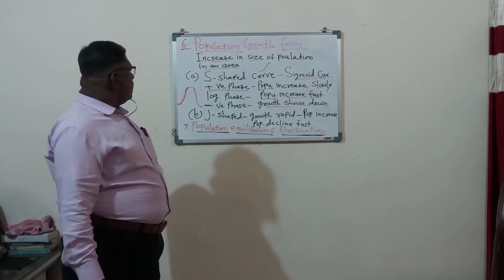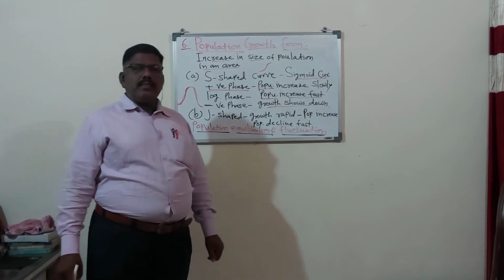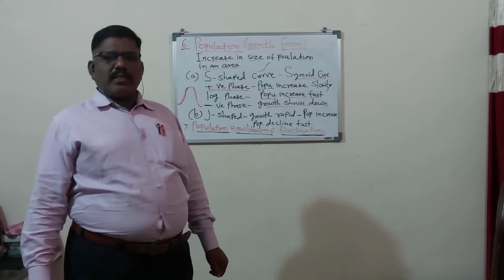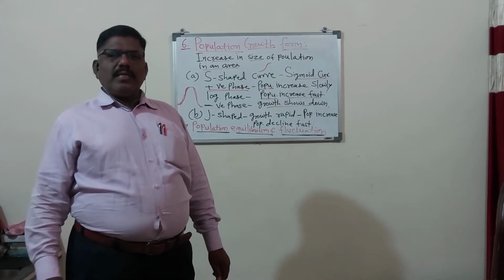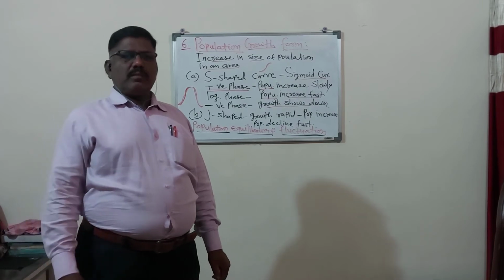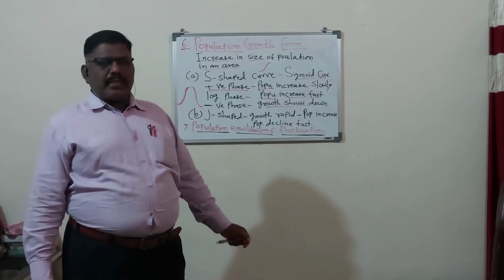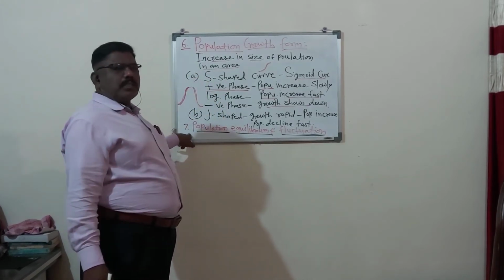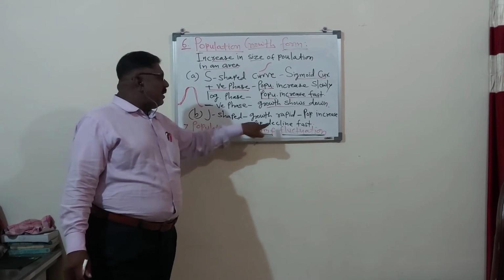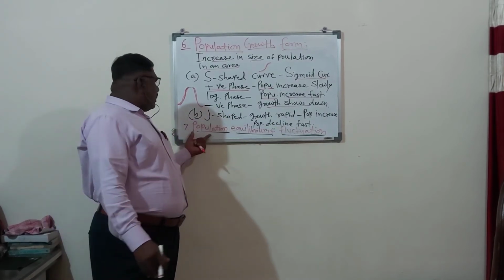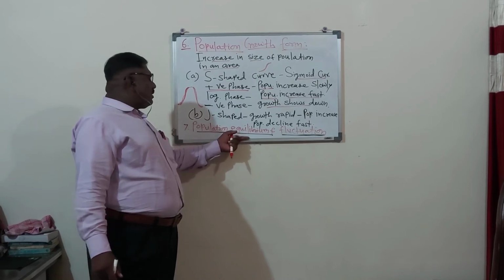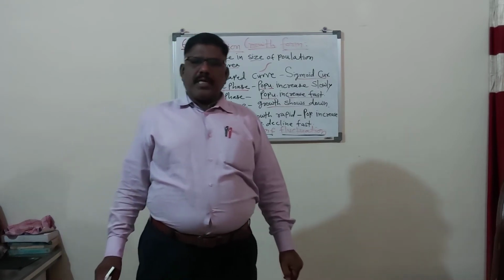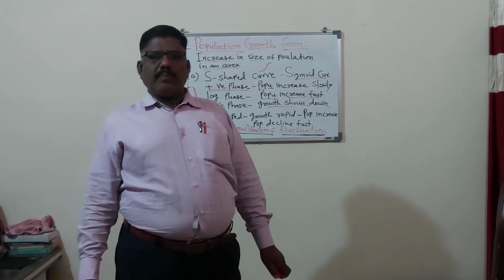In this way, in today's period, we have studied the remaining two characters of population ecology. So try to understand. In this chapter, there are the characters of a population. Here we have studied the sixth and seventh characters as per your syllabus, that is population equilibrium and fluctuation. Population equilibrium is a character and population fluctuation is a character.